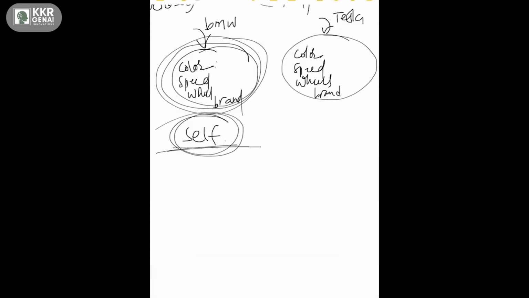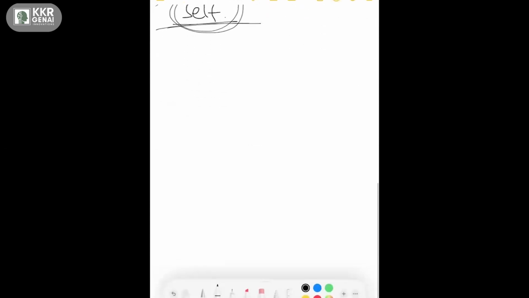What I mean by that is, let's assume I have a car class and I have a constructor here. The first parameter to the constructor is always self.